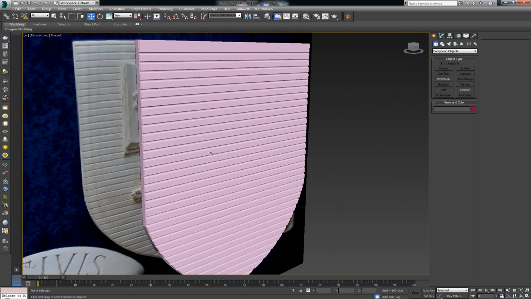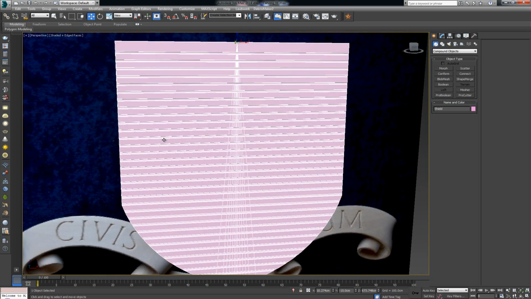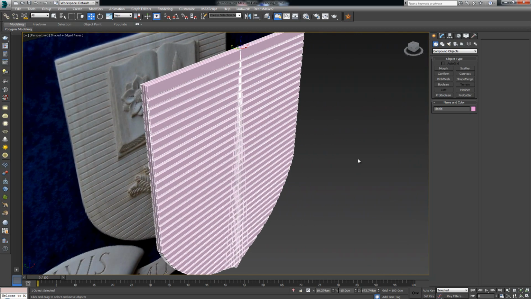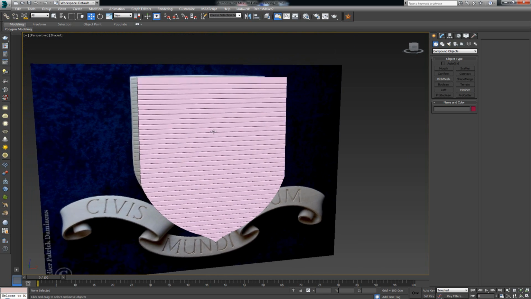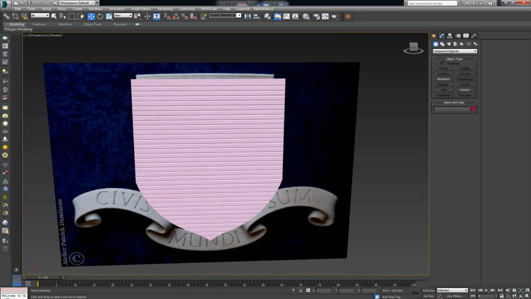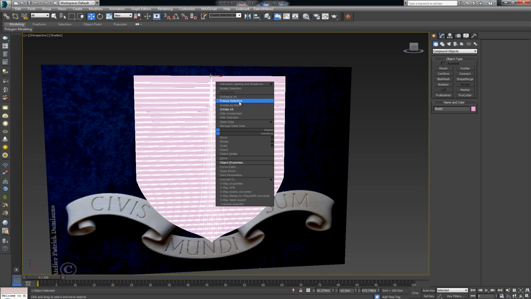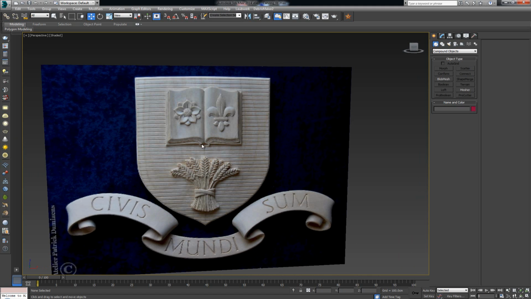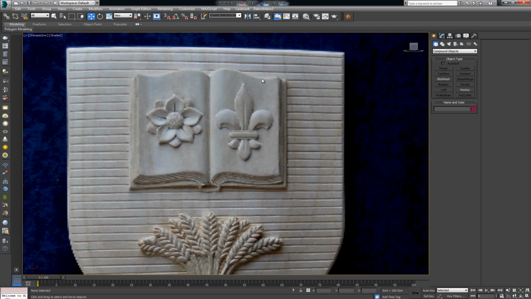Now the thing here is that our geometry is going to look rather crappy, but seeing as how we're not going to be deforming this to anything, we're just going to put an actual texture on top of it. It's really not any big problem, and it's not going to be an issue. So we can continue working like this. So with the shield out of the way, let's right click and hide it. So hide selection. So the second thing I would do here is make the book with the two pieces on